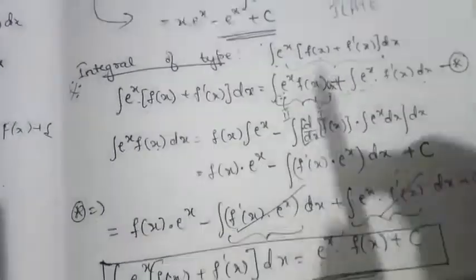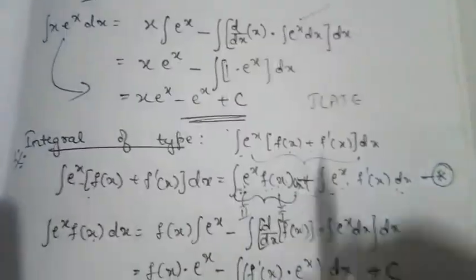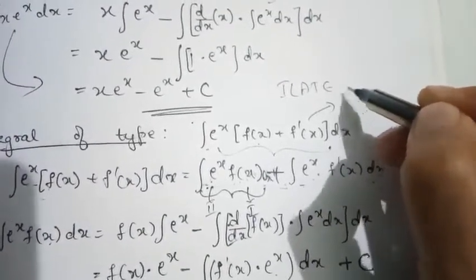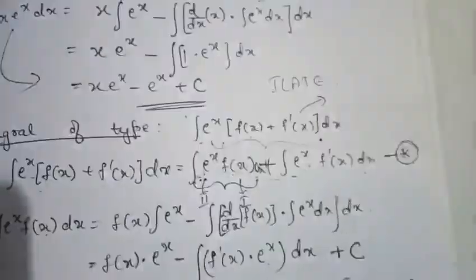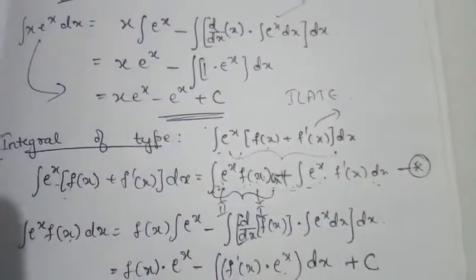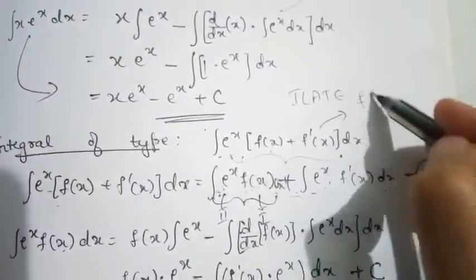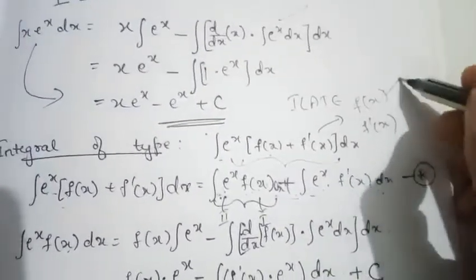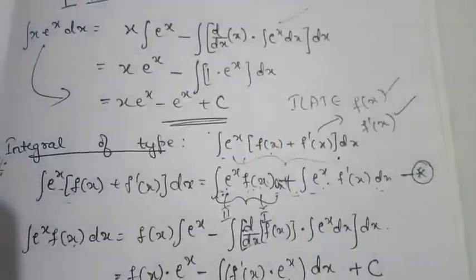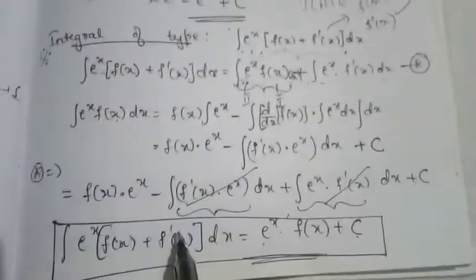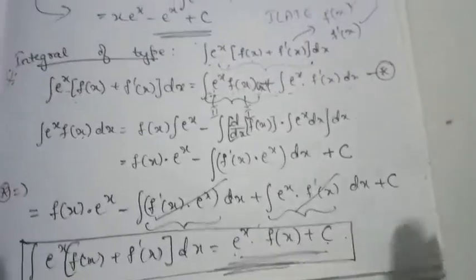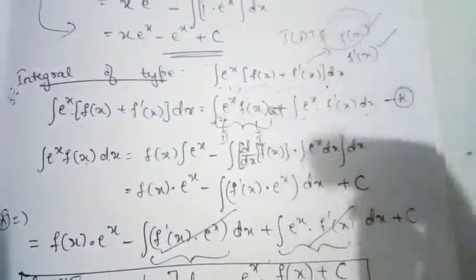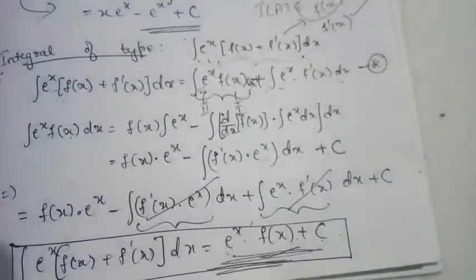So if there is a question of this form, the first agenda is we need to identify and recognize that the question is in this format. That is the first thing. After recognizing the question is in this format, we need to find out what is that f of x and f dash of x. If you get this f of x and f dash of x in the given question, the final answer you can directly write: integration of that one is equal to e power x into f of x. If we know f of x, meaning recognized f of x, then we write that value of f of x.